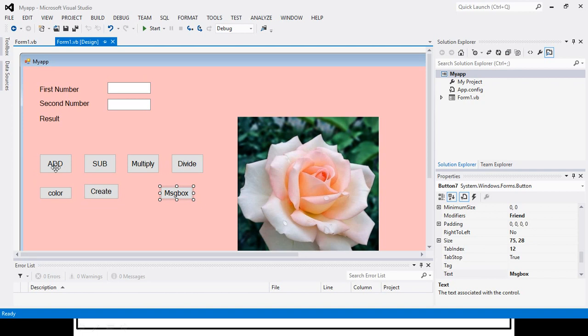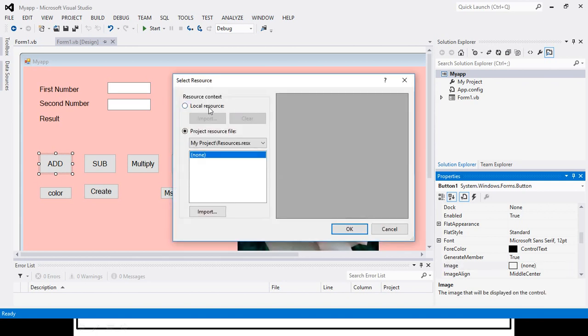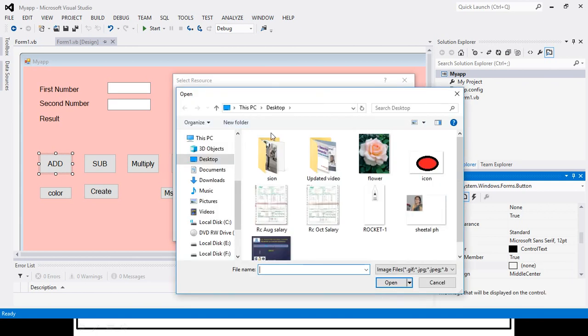We can put images on these buttons. For that we have the image property. So this is the image property of our button, and from here I can import the image for my button.